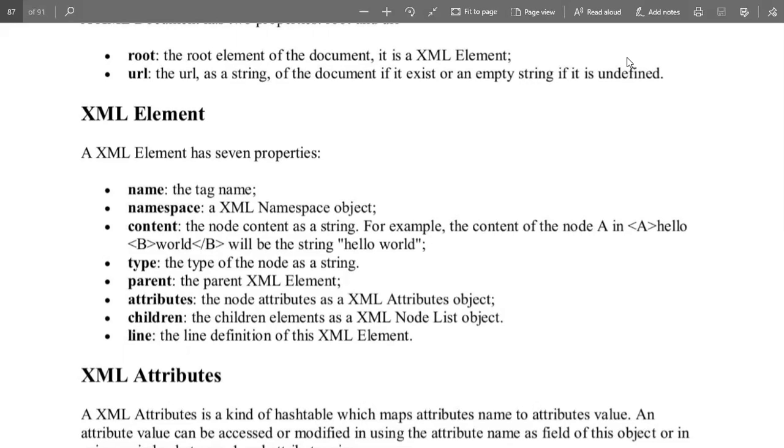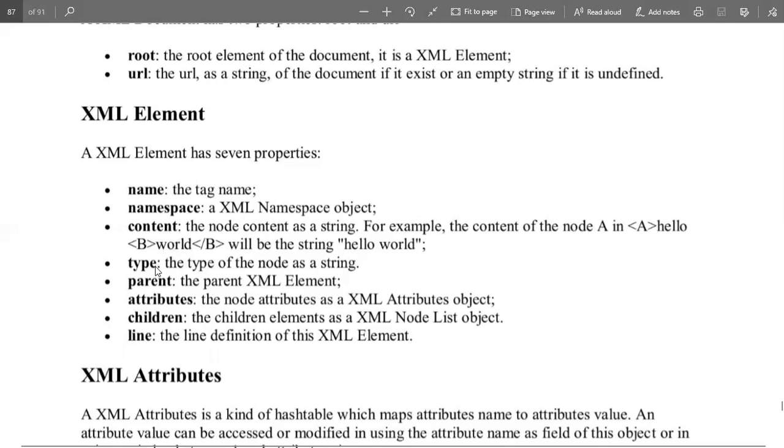Next is the content. It is similar to whenever we use an HTML or XML document: the starting and the ending tag enclose some text, which is called the content. For example, here is a B tag that contains the content, the word. Then the B tag is closed. So this is the content. And when we talk about the string, the B tag is containing the string called word.